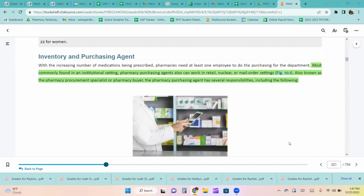With the increasing number of medications being prescribed, pharmacies need at least one employee to do the purchasing for the department. Most commonly found in the institutional setting, pharmacy purchasing agents can also work in retail, nuclear, or mail order settings, and are also known as the pharmacy procurement specialist or the pharmacy buyer. The pharmacy purchasing agent has several responsibilities, including the following: